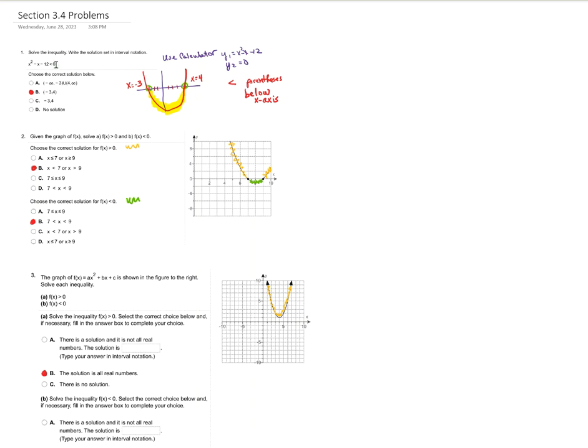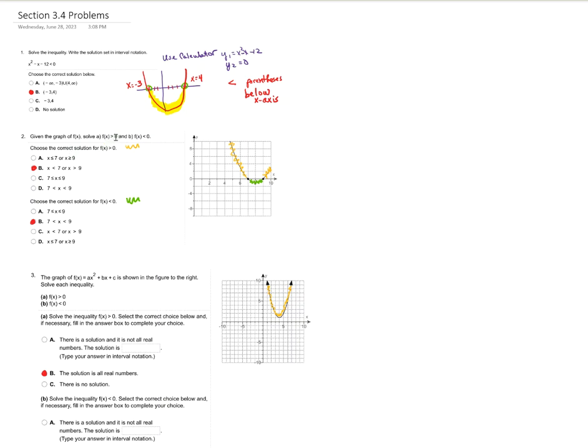The less than says we're going to have parentheses, and it means we're below the x-axis. So our interval, that's our answer, is from -3 to 4 in parentheses. And so here we go. It's said in interval notation, so there's no x in our answer. We just have this. Number 2, we've got a graph drawn here, and it wants to know where is f